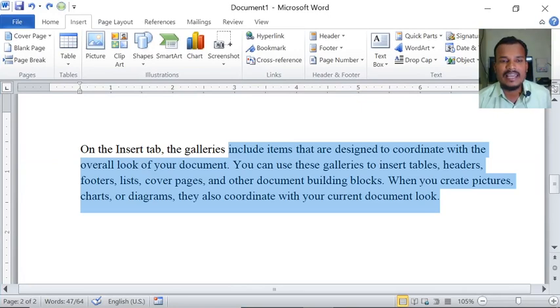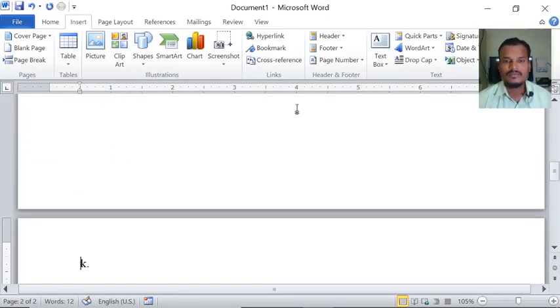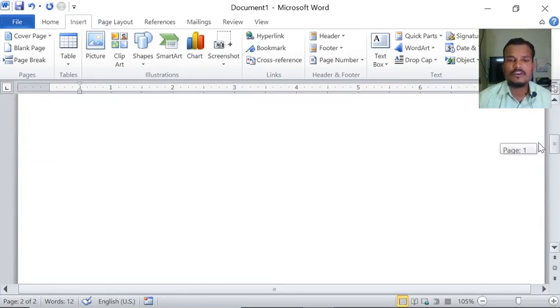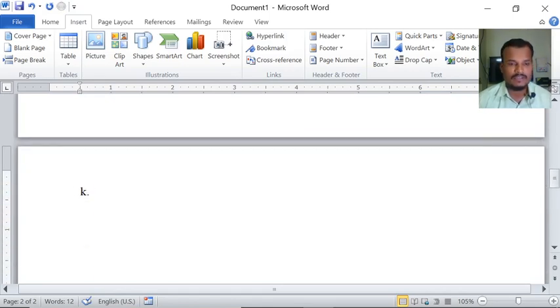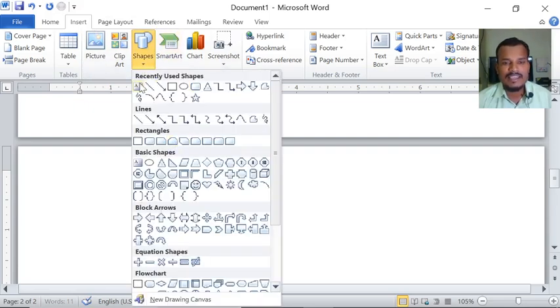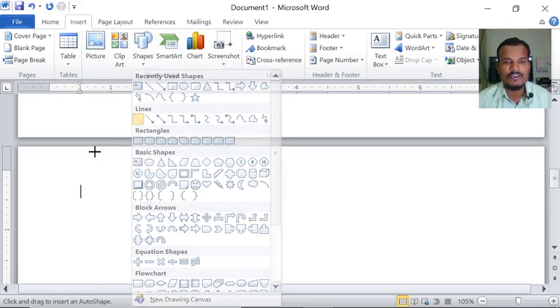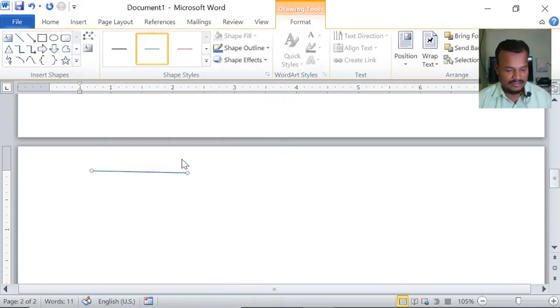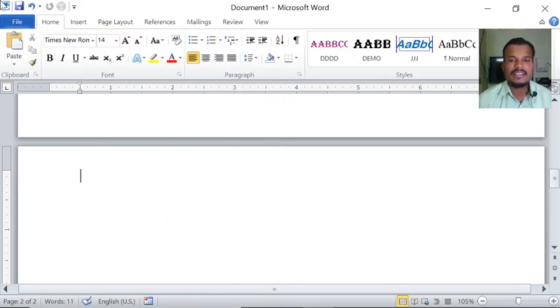Fourth one is lines. See here, if we want a line in Microsoft Word, actually we have to go to Insert and then Shapes, and in shapes we have these types of lines. If you want this line, we have to draw it like this. But here, if we want the line, we simply press the minus symbol on the keyboard 3 times, 1 2 3, and press enter.